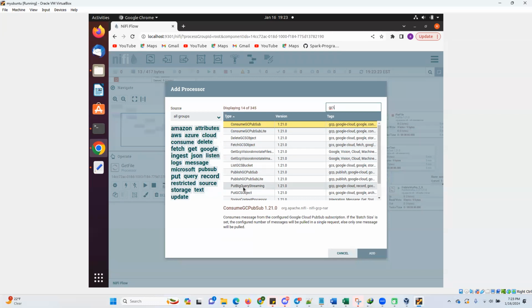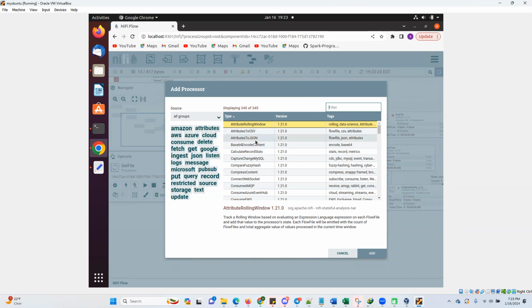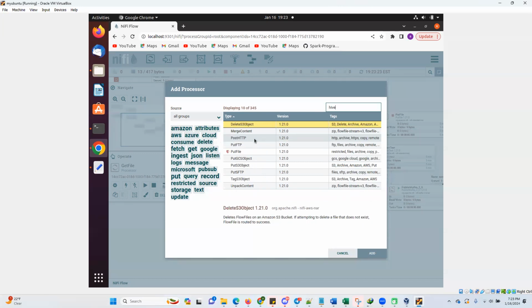Like cloud-wise processors are there. If you see some general processors, like Attribute to CSV, it is like saving a file as a CSV. Attribute to JSON, like saving a file as a JSON, right? Okay, and if I want to connect a file,